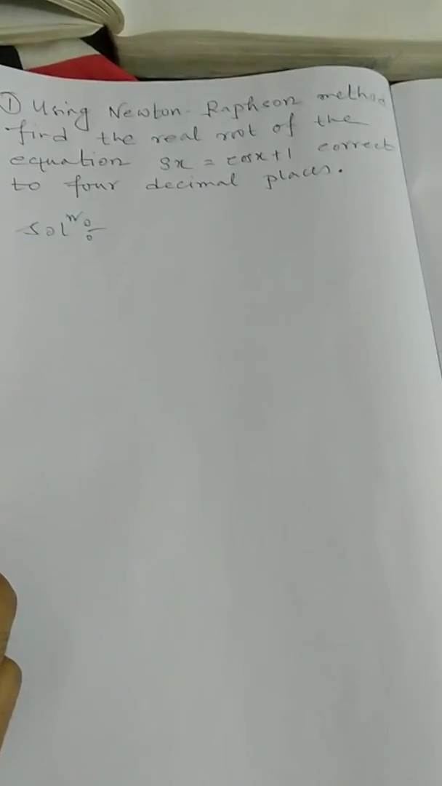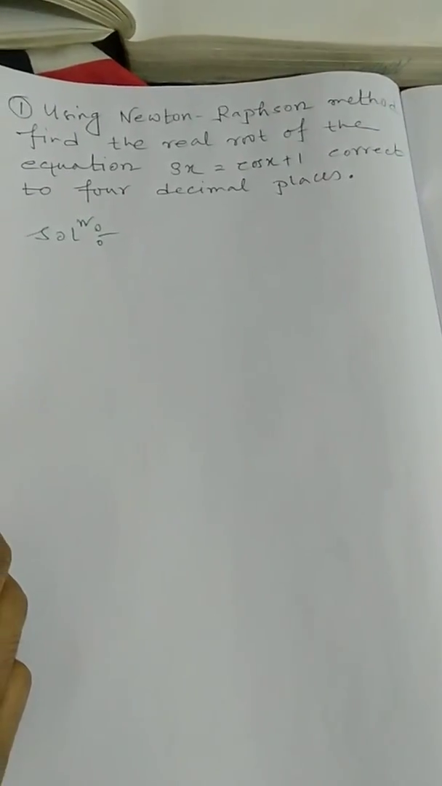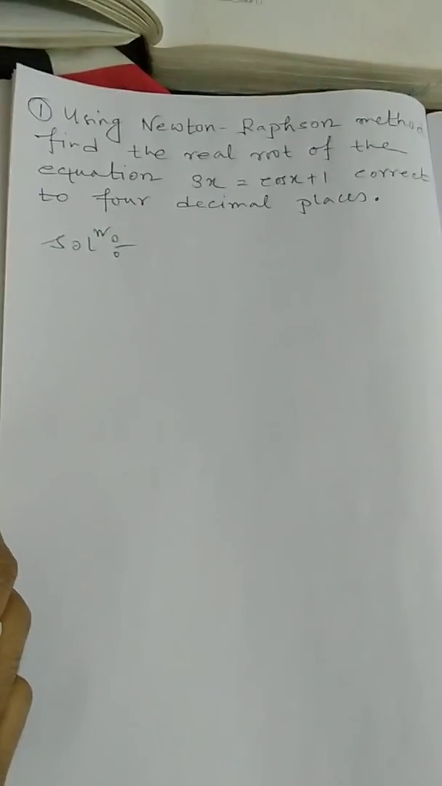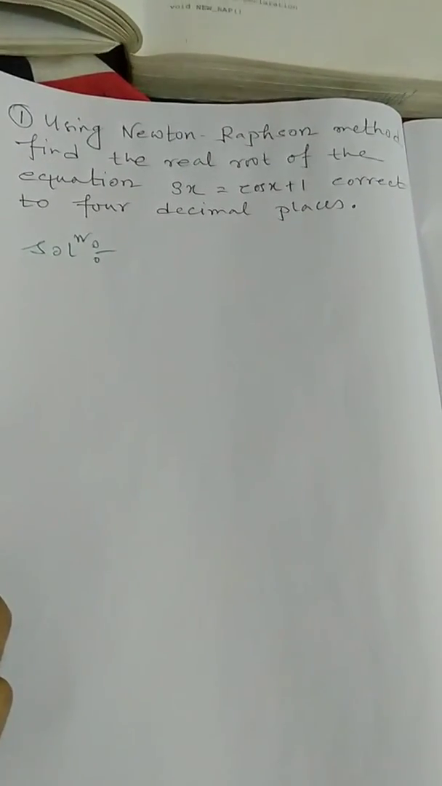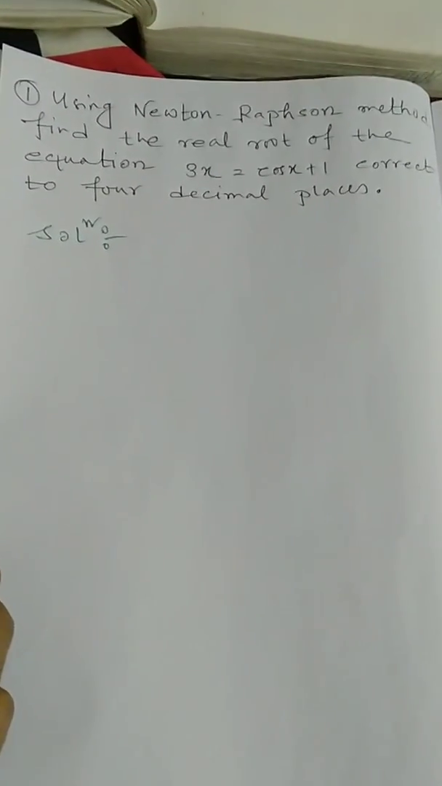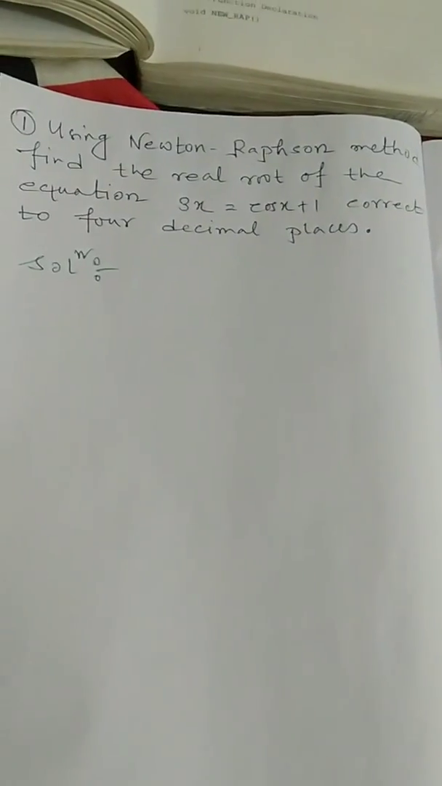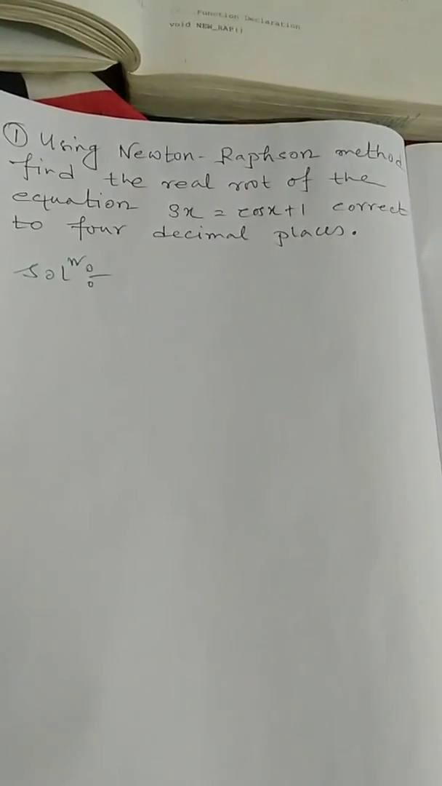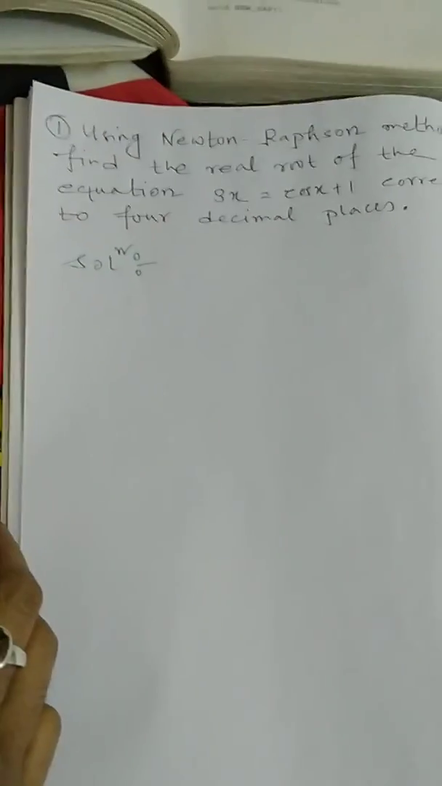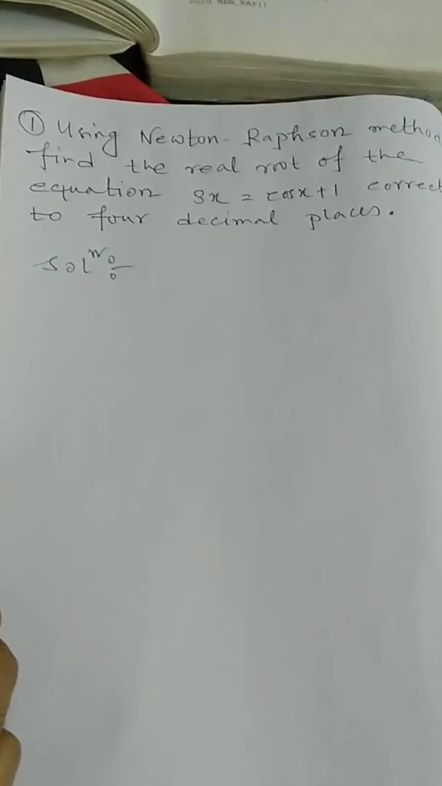Now we are discussing a problem related to Newtons Raphson method. So the question is like that: using Newtons Raphson method, find the real root of the equation 3x equals cos x plus 1 correct to 4 decimal places. So correct to 4 decimal places means